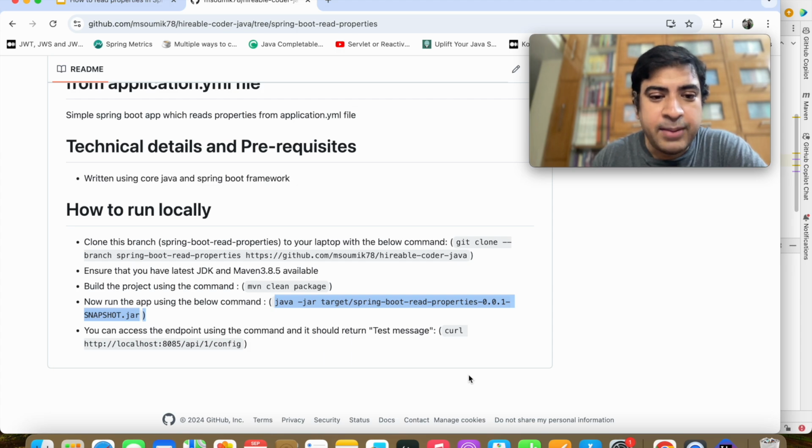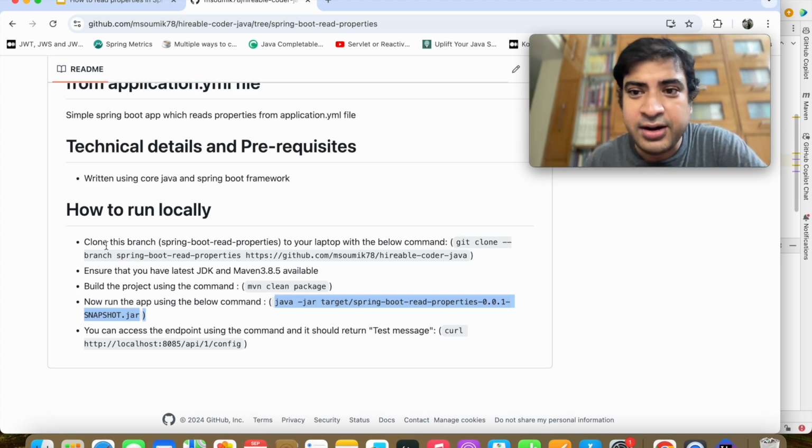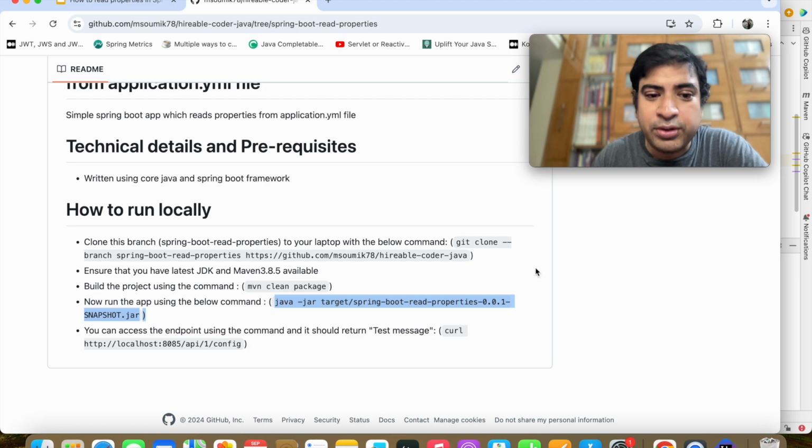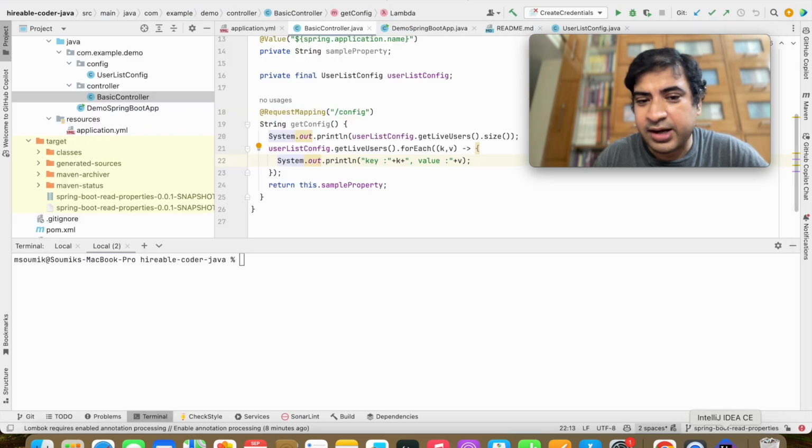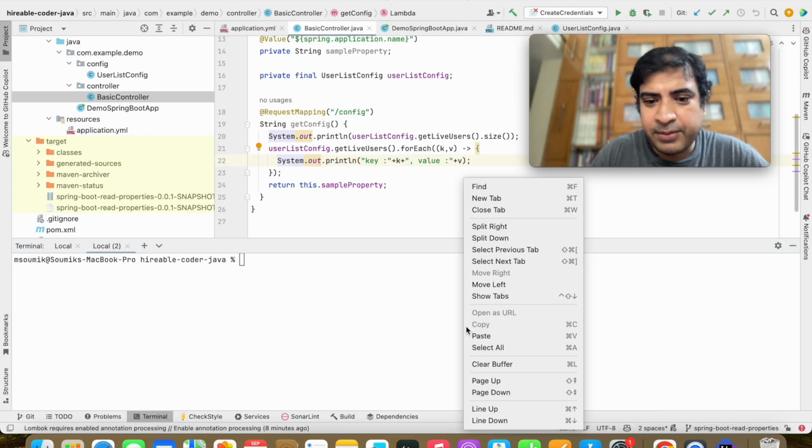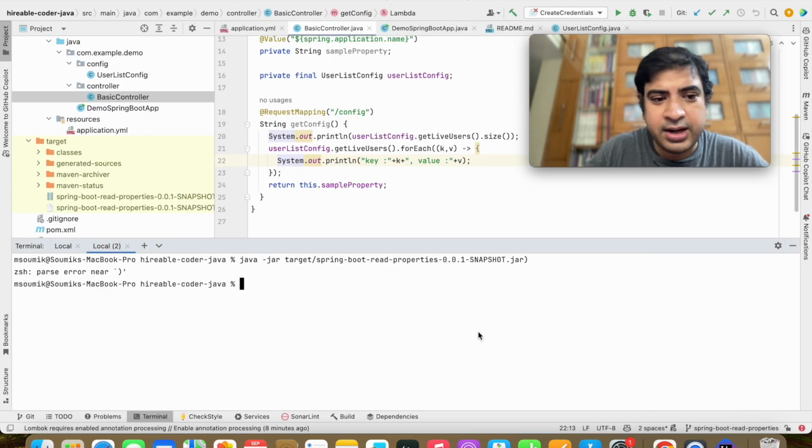Now in my local I have already cloned that branch and already created the package, so I am not running these two steps. But when you start on your laptop, you need to run these two steps, because you need to clone the branch and then create the package. So I will first start by running the program using that java jar command. I have copied that command and